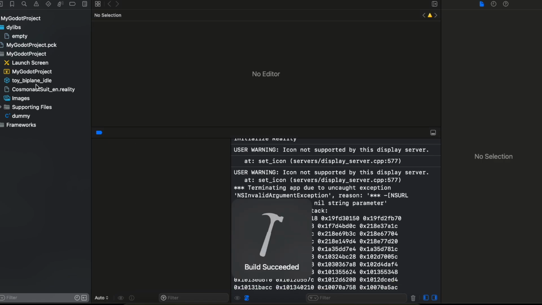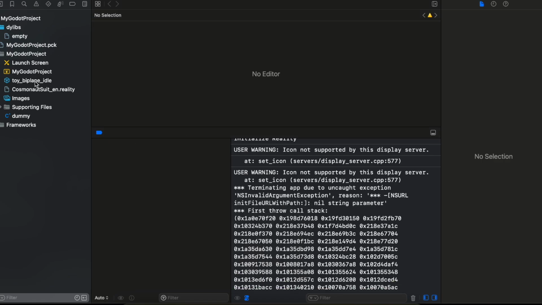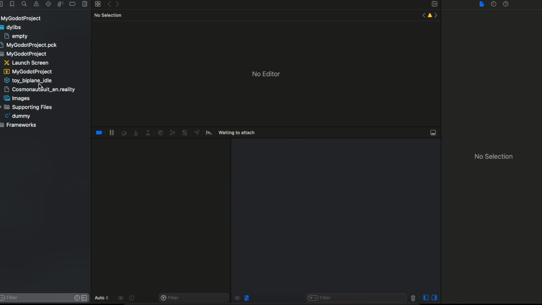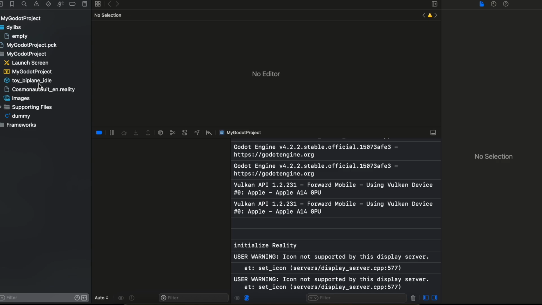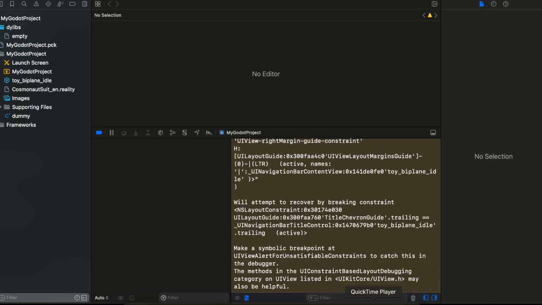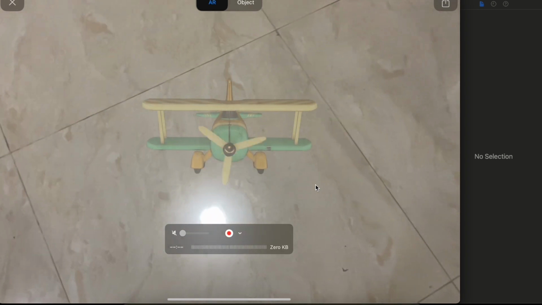Now most of you might be thinking, why didn't I bundle this with the static library? I'm not really sure if you can do that. Maybe it's possible, but I have tried doing this for Core Data and it didn't work for me, so that's why I didn't try this for a particular thing. But maybe you can try it and let me know. So if I click on local now, oh sorry, so here you can see, I'll just